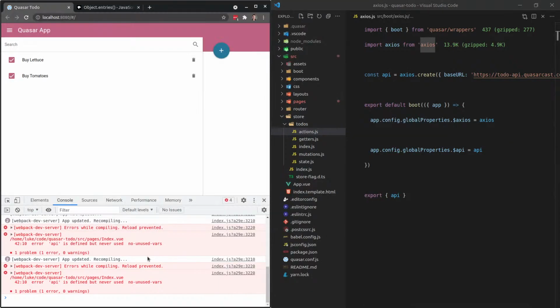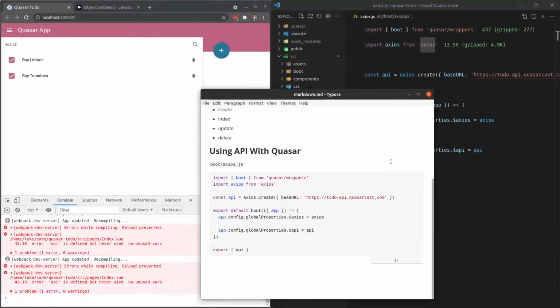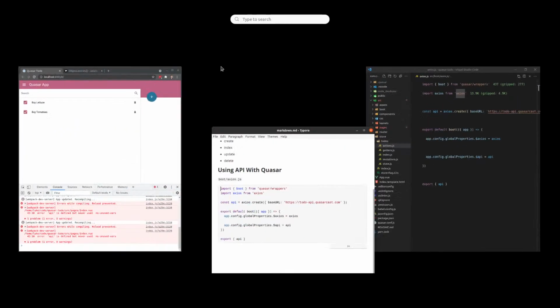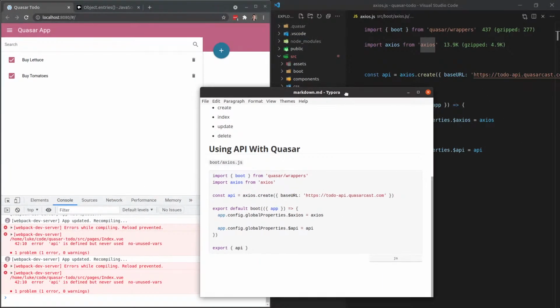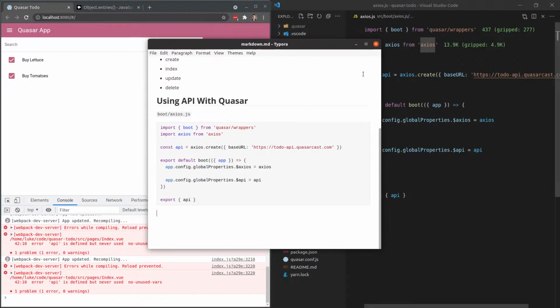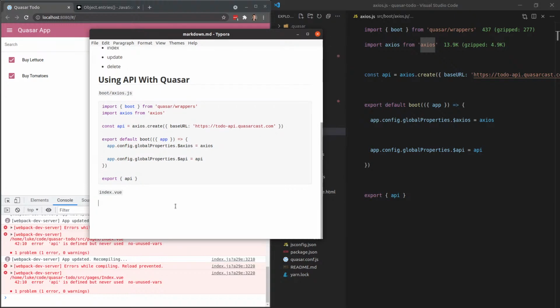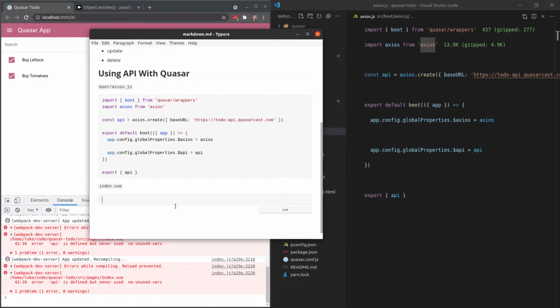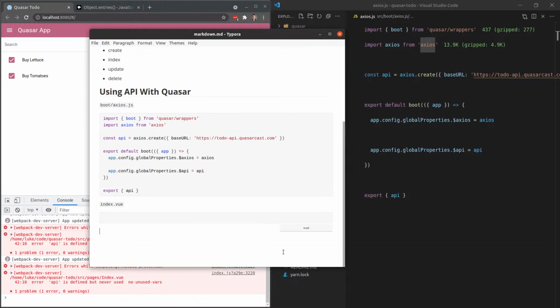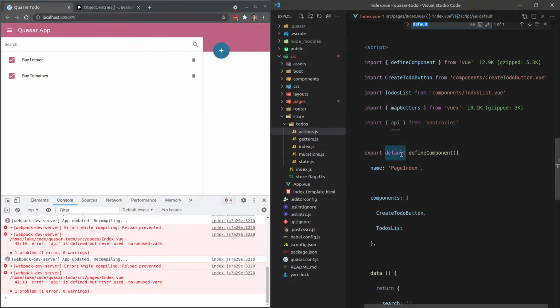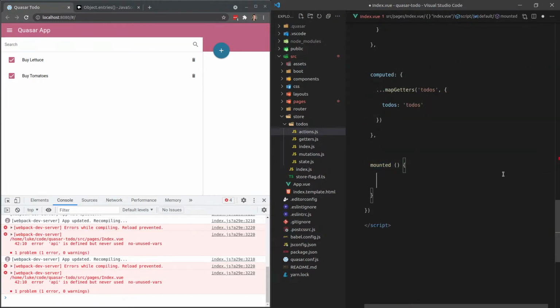And I've always thought to myself, I don't know how I'm going to teach this. It feels like it's a really difficult thing to teach and concept to get across to people. So we will then show them basically the stuff I was talking about before with this file, but then we'll say in index.view, so we'll make this a view file. This is how you actually go ahead and use it. So let's go to index.view. We're importing it here. We've got a mounted hook down here, and then we'll say